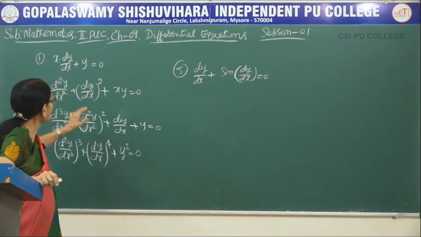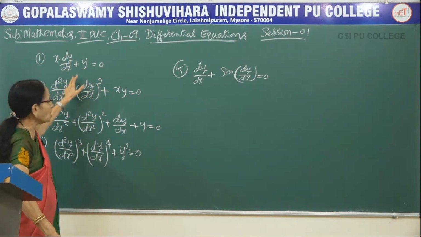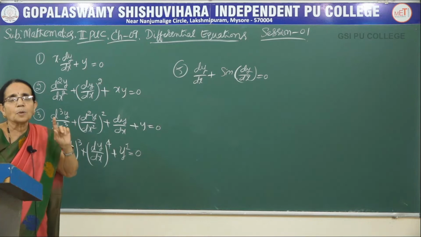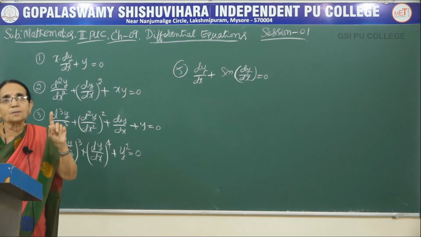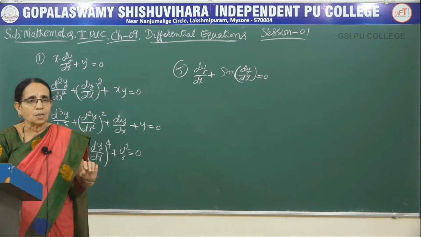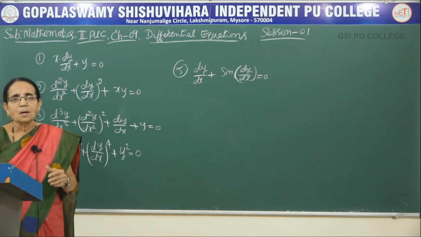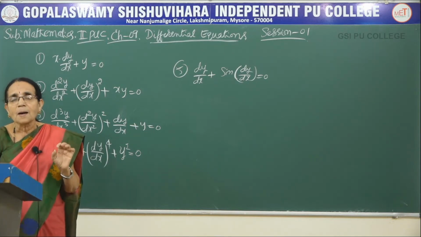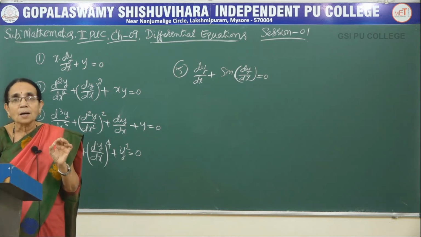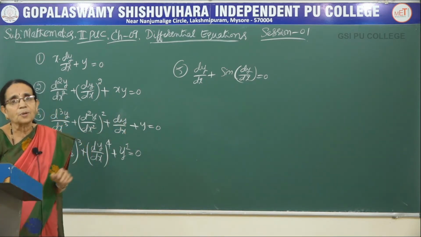Now look at this one. The function y has been differentiated only once, so it is a first order. In this one, d squared y by dx squared, how many times have you differentiated? Two times, so it is a second order. Here d cubed, how many times have we differentiated the function? Three times here. Next, again 2 times, and then again 1 time. So how do you define the order? The order of a differential equation is the order of the highest order derivative occurring in the equation. So that is the definition here.